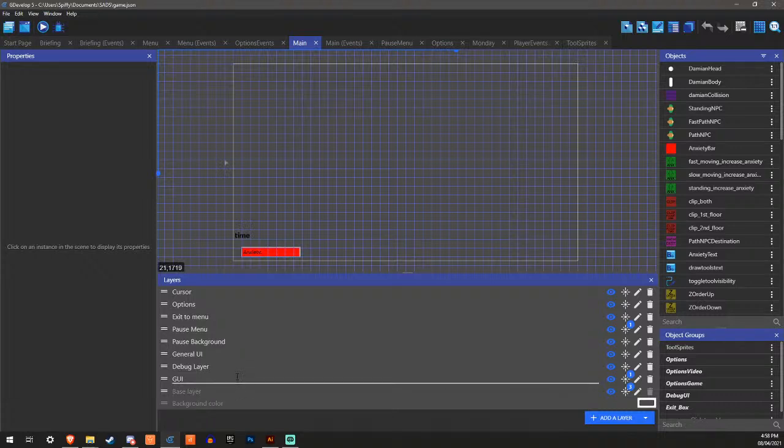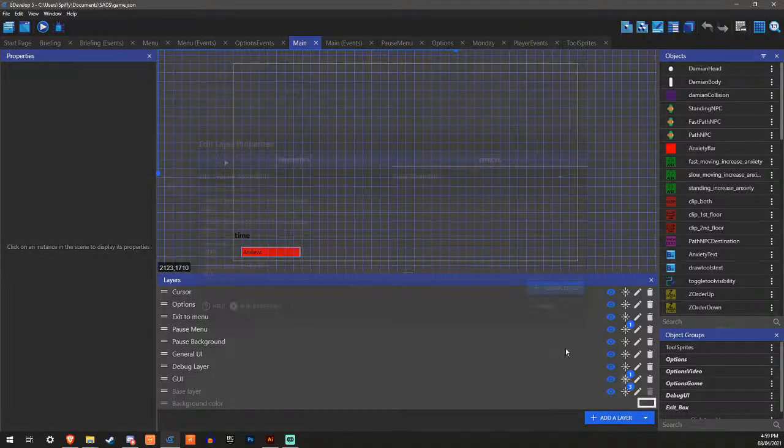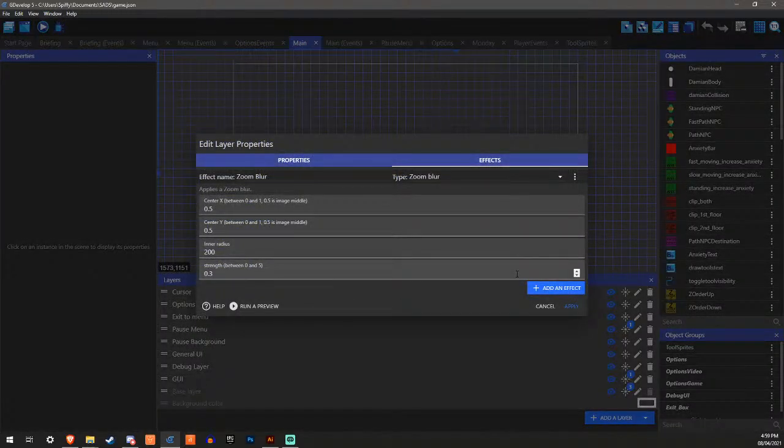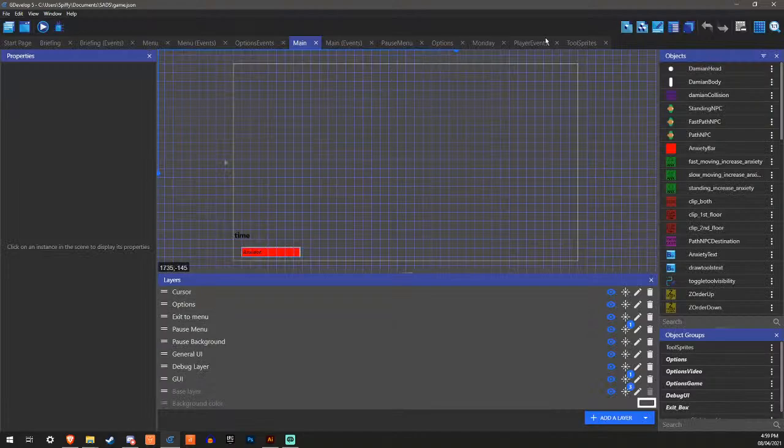I'm pretty sure it's all because of the camera moving is making the effects go a bit haywire. So I'm probably just gonna do this instead.